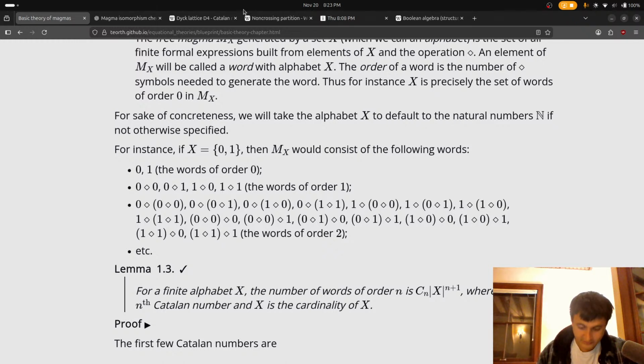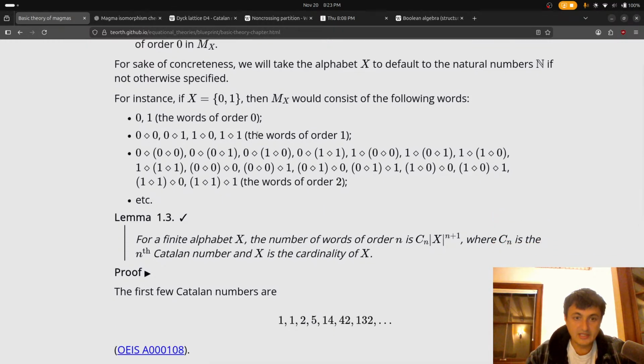Order 1, we would have 0.0, 0.1, 1.0, and 1.1. Okay, and so on. But then I counted this, and this has 16, which makes sense to me, right? 1, 2, 3, 4, 5, 6, 7, 8, 9, 10, 11, 12, 13, 14, 15, 16.